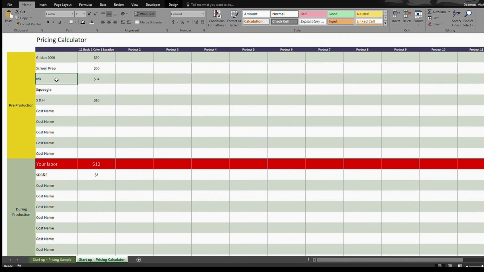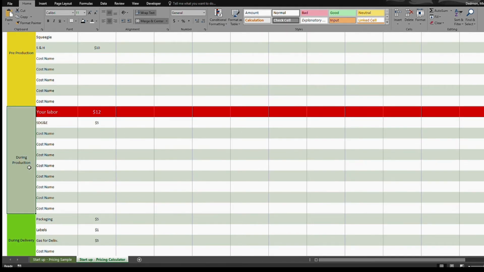The ink is something I need to actually print the shirts as well. And the good thing about this is, let's say each customer comes and wants a specific color that matches their business. It's not going to be black and white or whatever. Then I've already incorporated that cost in here, so I'm not going to eat into my profits. I put squeegees here. I didn't put a cost because let's just say I have a whole bunch of squeegees laying around, but I do incur this shipping and handling cost for the shirts because I can't go pick them up. I have to get them shipped to me.